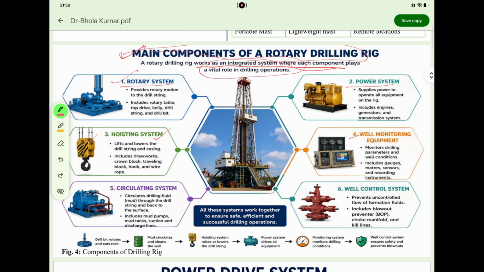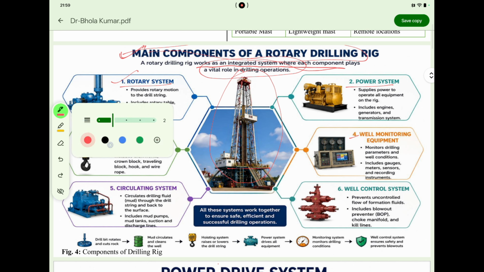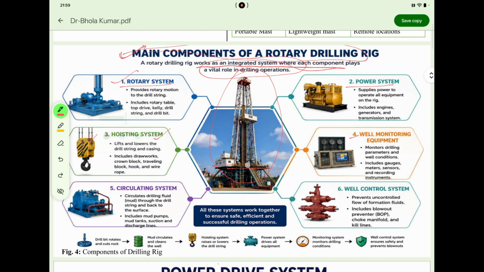So let's discuss how a rig looks. At the center you will find this. Let me change the color so that you can understand. Okay, I think it is maybe visible. Let me make it thicker. I don't think it is visible. Okay, this side,